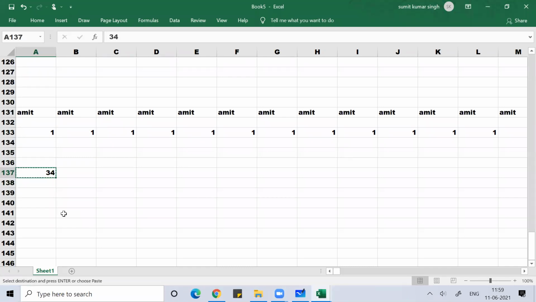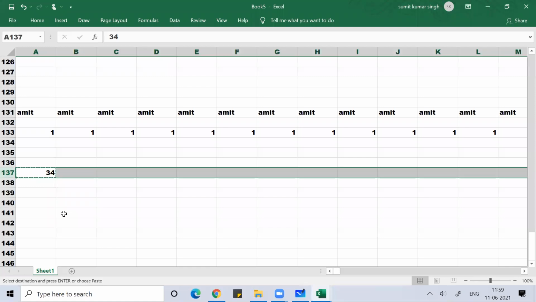Copy that, Control C, Control Shift right arrow, Control V. At the bottom you can see average, count, minimum, maximum, sum. Here what matters to me is only the count, and the other things don't matter. Clear everyone? Anyone have any doubt?